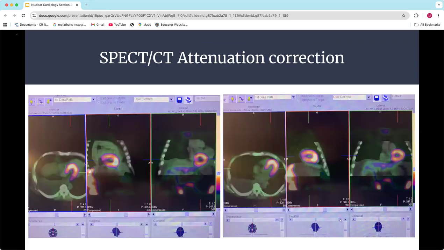I have a semi-related question. Go for it. Regarding the stress imaging, we use gating for it, even though we take the images like 45 minutes later, and their heart rate shouldn't be as crazy as it was during the stress. So why do we use gating for the stress images?